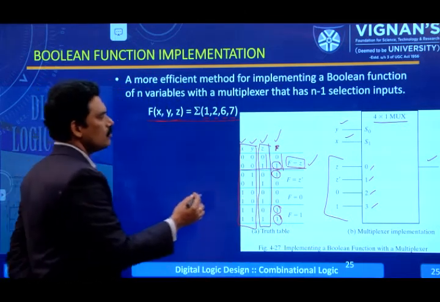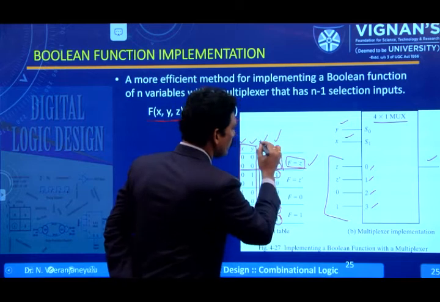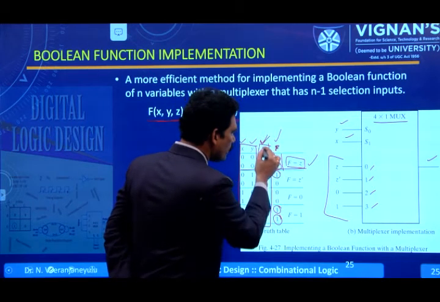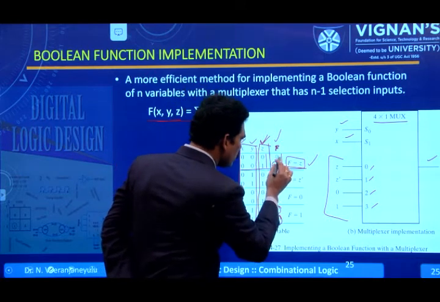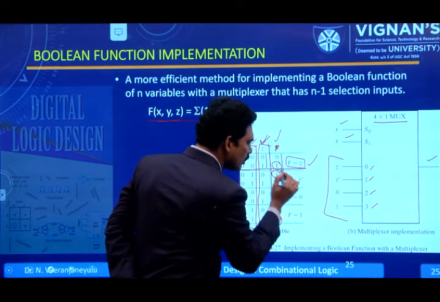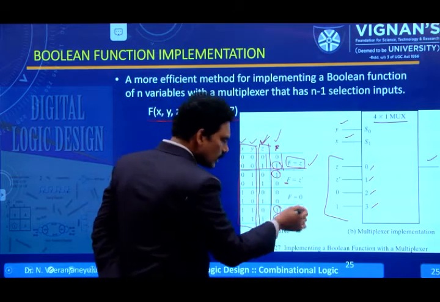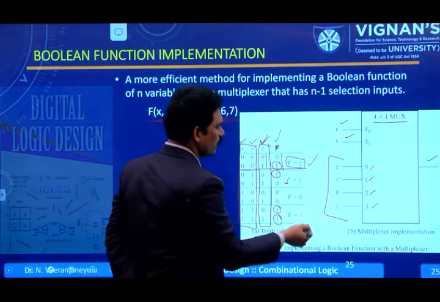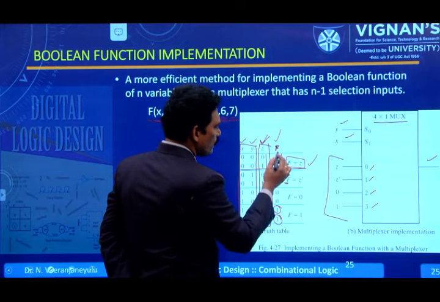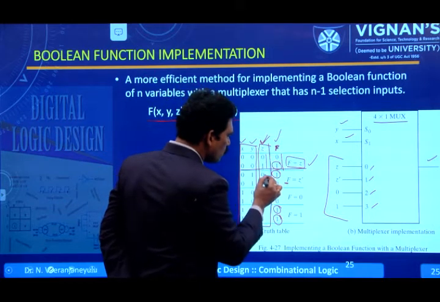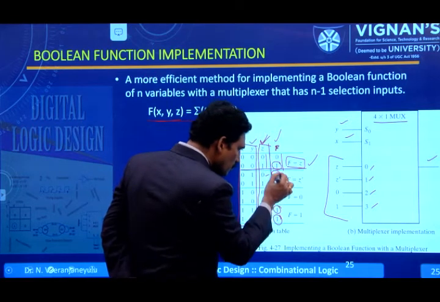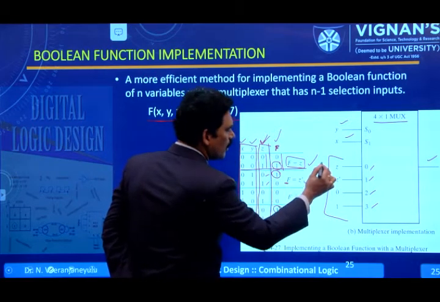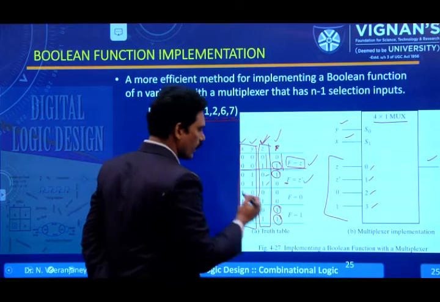Okay, that's why we are going to consider this as input, and these 2 are the selection lines. So, in terms of f, in terms of z, if that combination is not there, we are going to discuss. Here the value of z is 0, 1. 0, 1 means 0, 1 as it is, but the values are 1, 0. So, f is equal to z bar in terms of z.